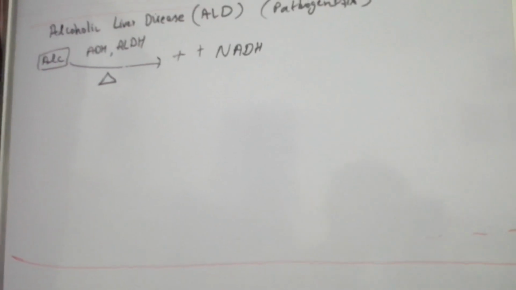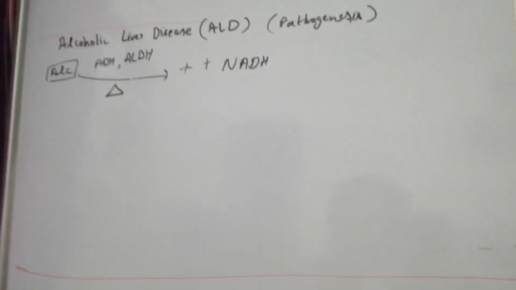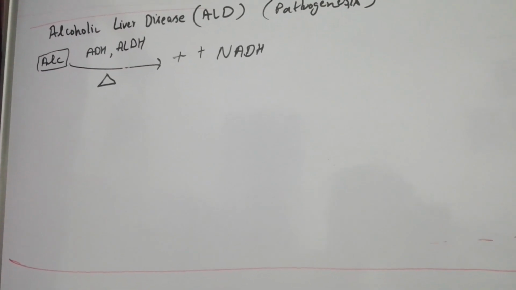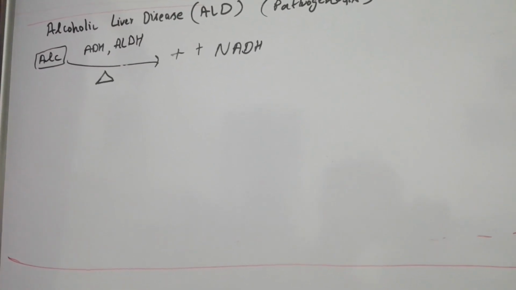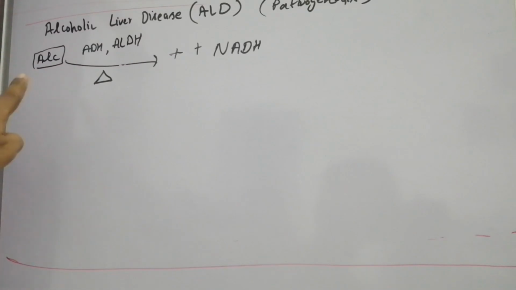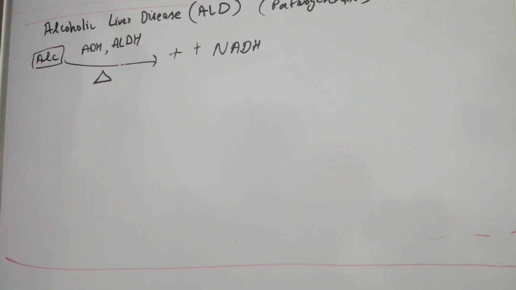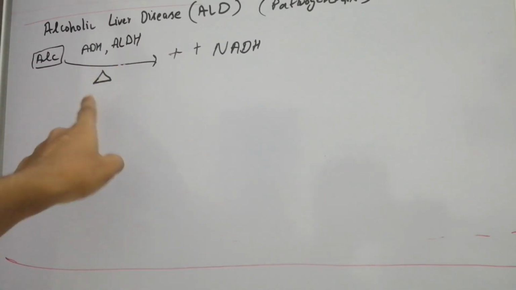So we are going to do alcoholic liver disease, or just its pathogenesis. What happens is you consume alcohol. What is going to happen? You have two enzymes in your body, alcohol dehydrogenase and acetaldehyde dehydrogenase. They are going to metabolize this alcohol, and I have demonstrated